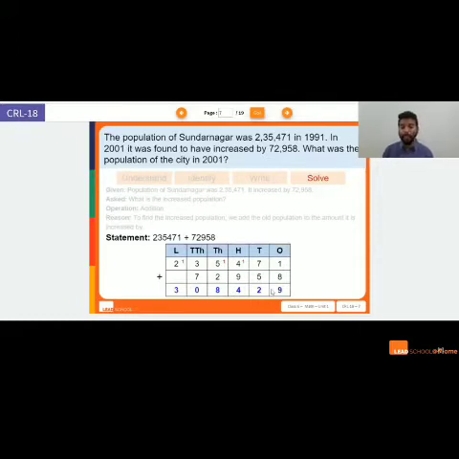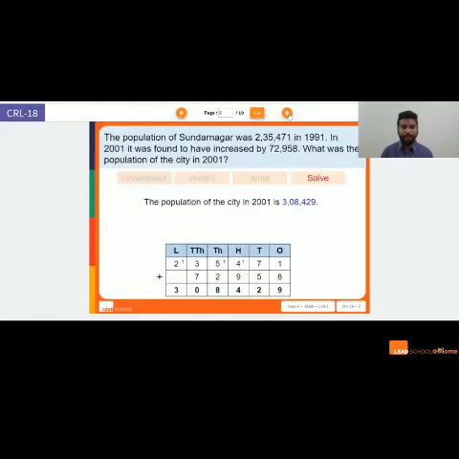Students, this seems very basic, but a lot of us make mistakes. In the rush to finish fast, we tend to not write the place value table or the place values on top of the numbers. Also, we make the mistake of not writing down the numbers in their exact place value. So I request all of you to make sure you write your place value box and then write the number in the corresponding place values, that is, which place value they belong to, and then you follow the operation.